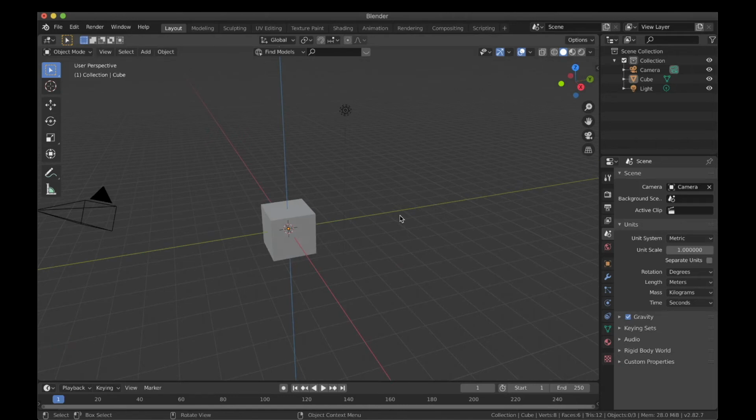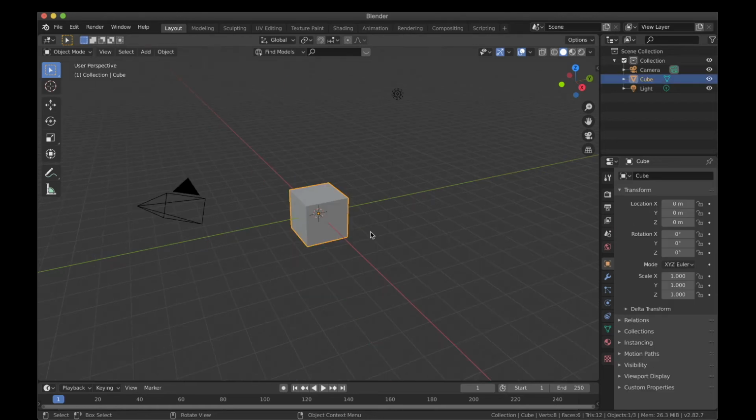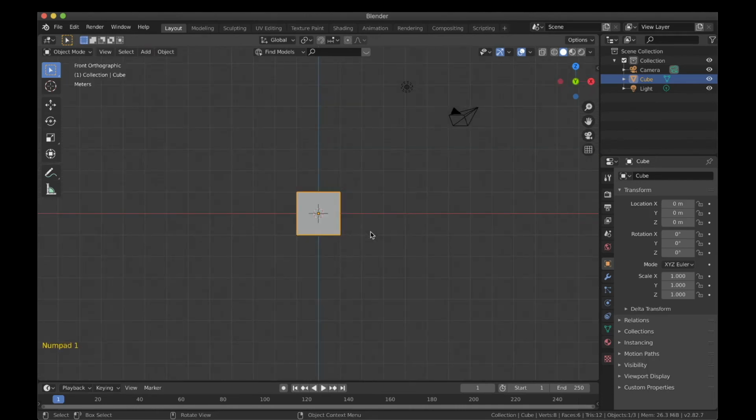Just like in SketchUp, you can shift the view from top to left or right. Similarly in Blender, you have shortcuts for that, which will increase the speed of your workflow by a huge amount, so please note them down. When you press 1 on the numpad, you will be taken to the front view. 3 will take you to the right view, 7 to the top view, and 5 will bring you to the perspective view.